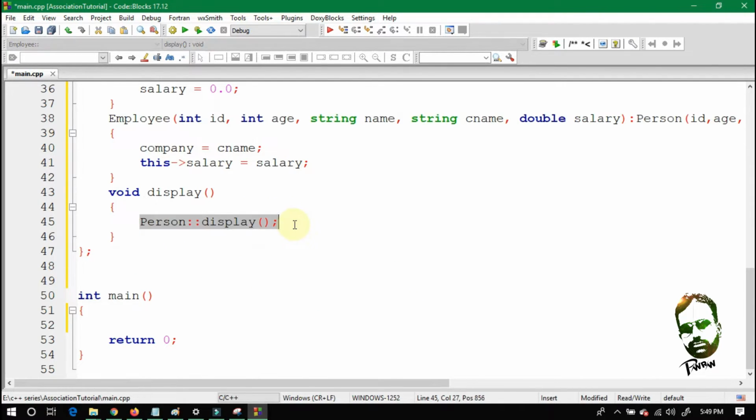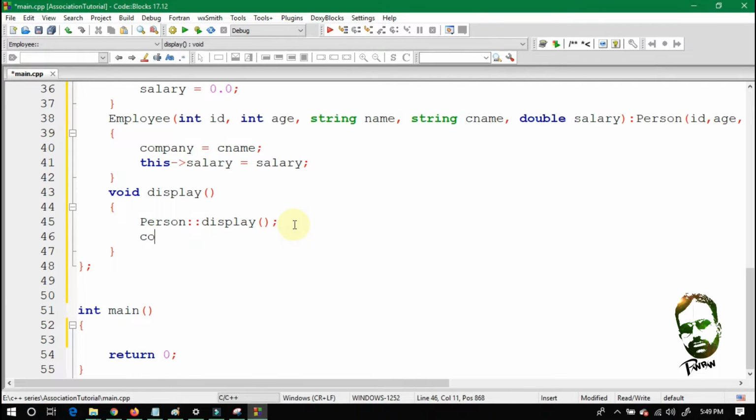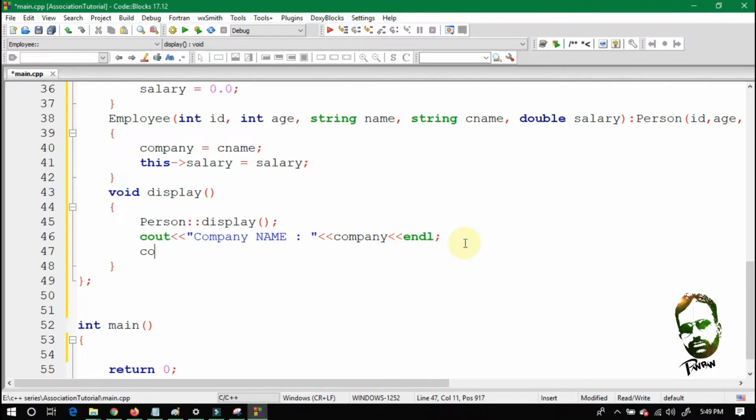Then after calling this function, it will display the company name, cout company name, the variable was company, and it will also display the information about salary. So right here salary.